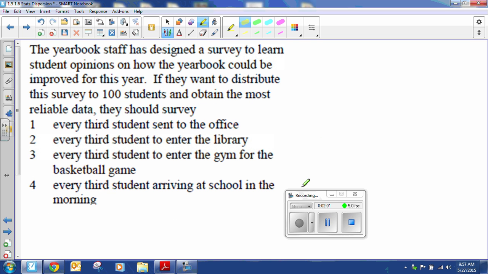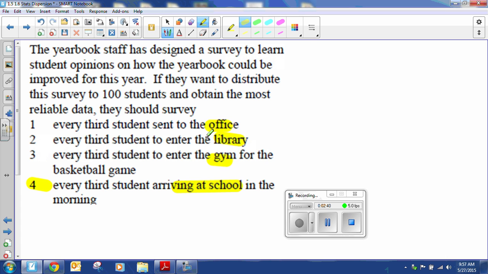The yearbook staff has designed a survey to learn student opinions on how the yearbook could be improved for this year. If they want to distribute this survey to 100 students and obtain the most reliable data, they should survey every third student sent to the office, every third student sent to the library, every third student sent to the gym for the basketball game, every third student arriving at school in the morning. Well, the most general population would be 4. 1, 2, and 3 would give you